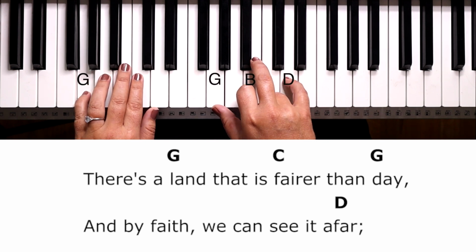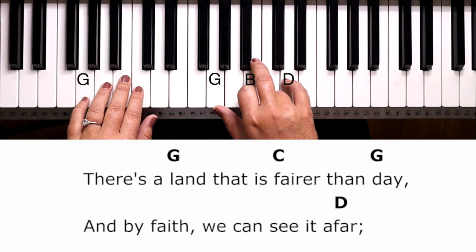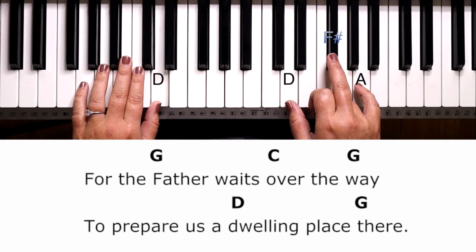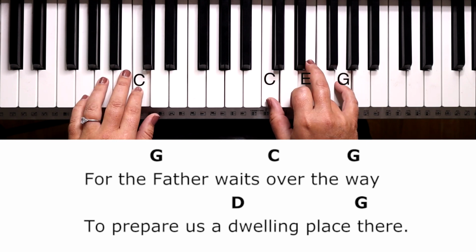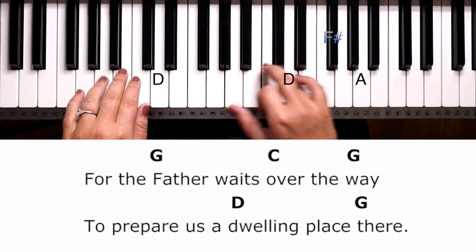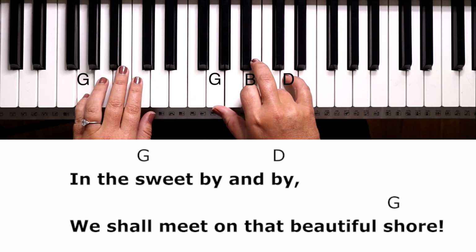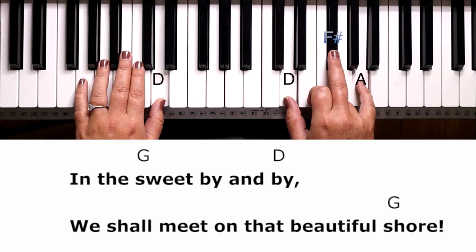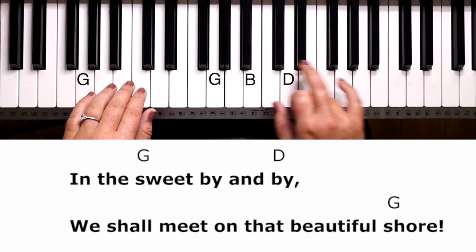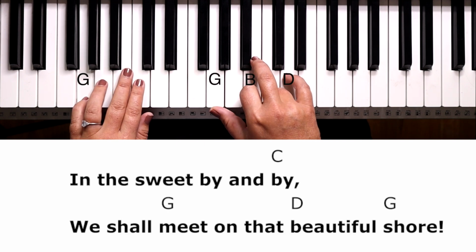There's a land that is fairer than day, and by faith we can see it afar, for the Father waits over the way to prepare us a dwelling place there, in the sweet by and by we shall meet on that beautiful shore, in the sweet by and